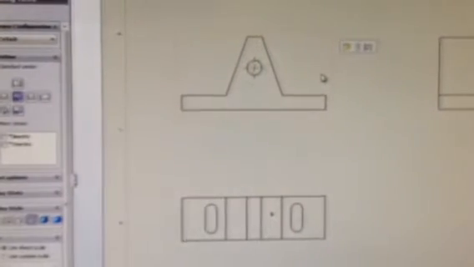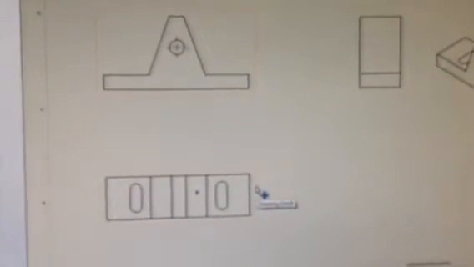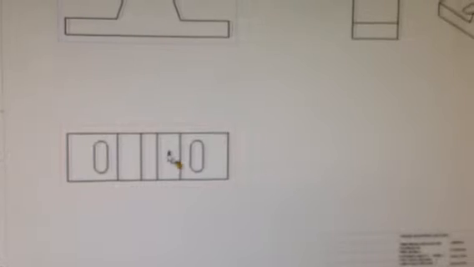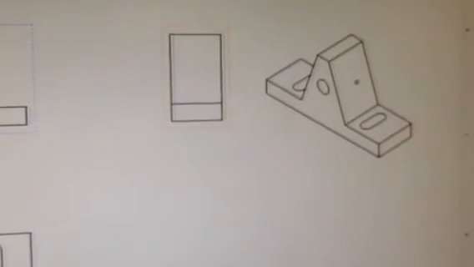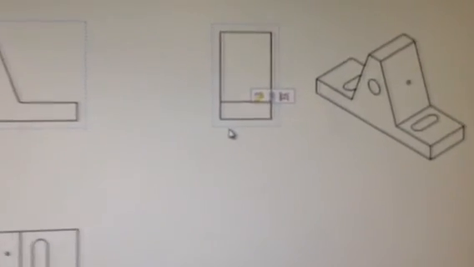So imagine what I'm looking at here. This is actually a front view. Below it is a top view. You can see the hole, or if you had a full hole pattern, you'd see all that hole pattern. To the right of the front view is not the right-hand side, but the